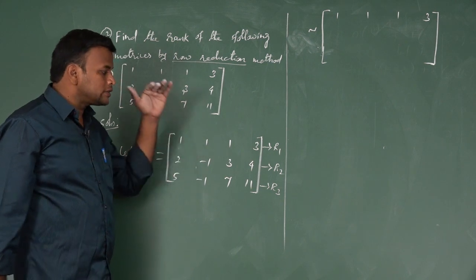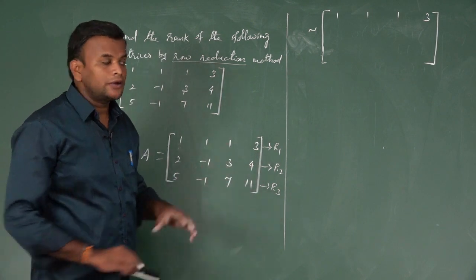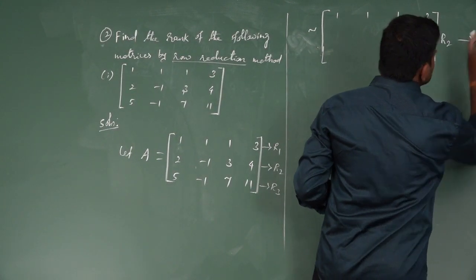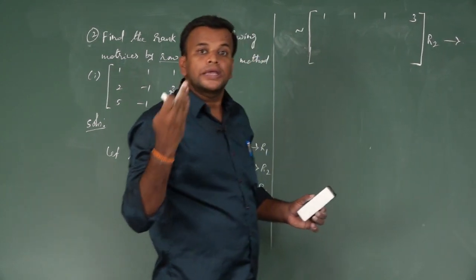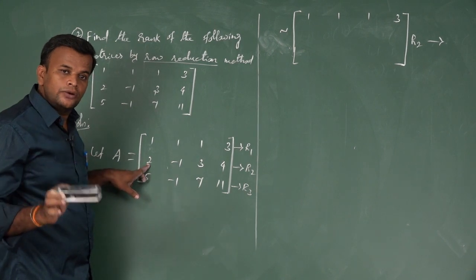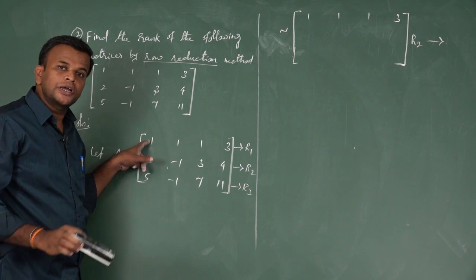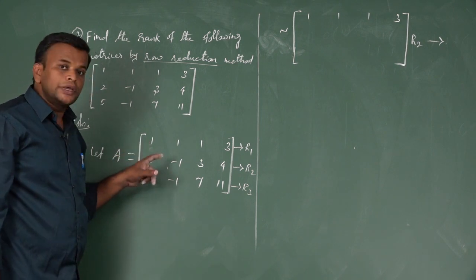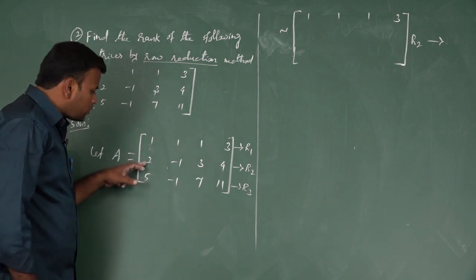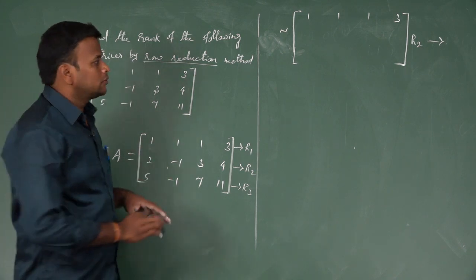Now I write the second row. We convert this row, this is called the second row. So R2 gives, that means the second row becomes, the element 2 is there, so no change in the second row, so I write R2. And this element is also, suppose, 2. Then 2 minus 2 becomes 0. So now I write R2 as R2 minus 2 times R1.